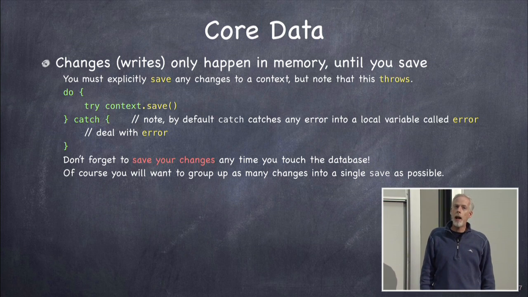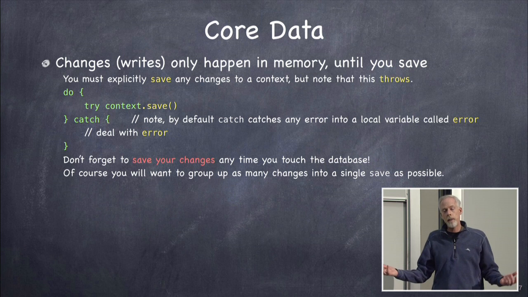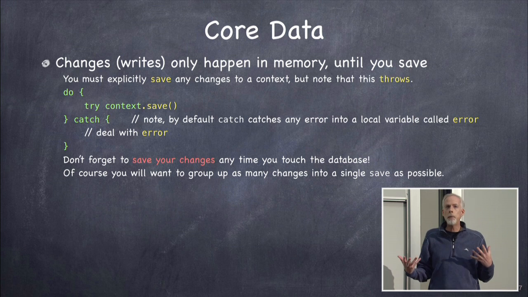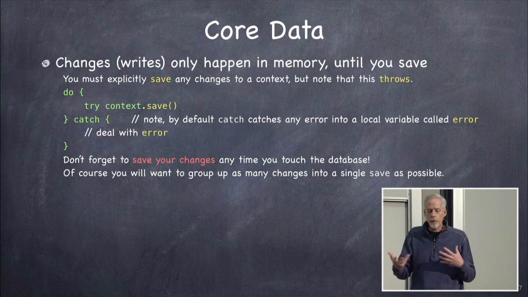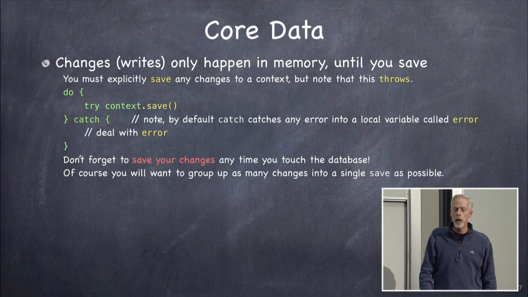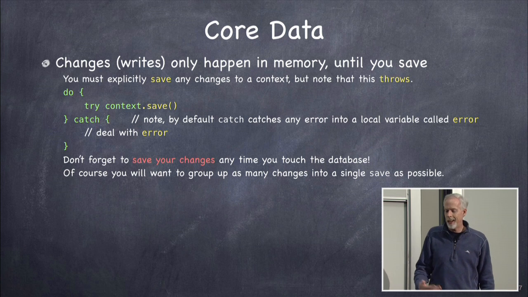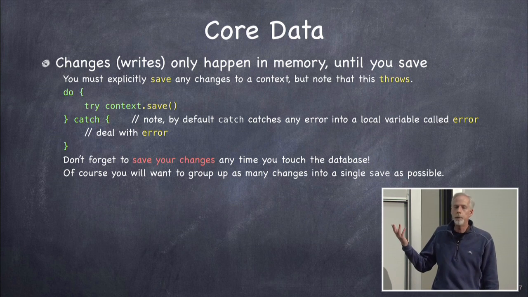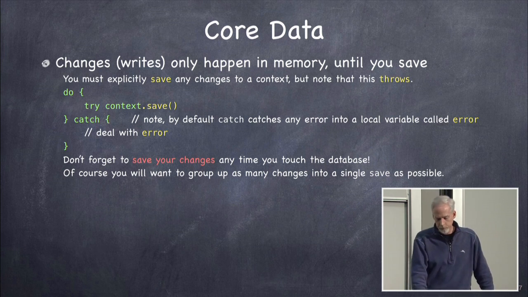The kind of things that can happen saving errors, you could obviously have file system problems, your disk is full or something like that. But you can also have inconsistencies in the database. Maybe you had conflicting data, two threads trying to save to the same database and they've tried to write over top of each other, those kind of things. Again, a lot of those problems you're not going to have unless you build a pretty complicated multi-threaded application. But again, you've got to check the documentation. It would take too long for me to go through all of it.